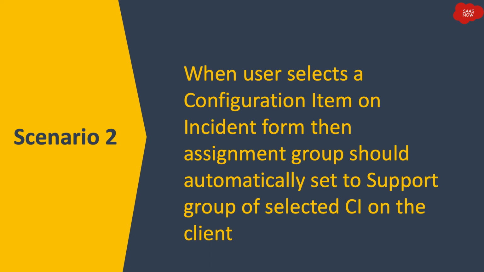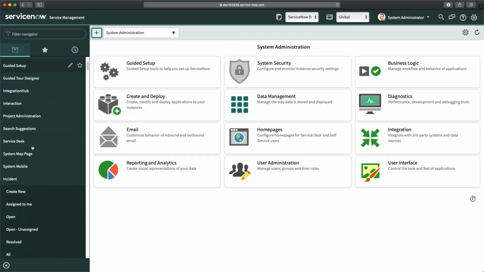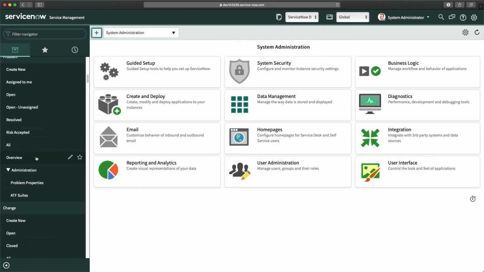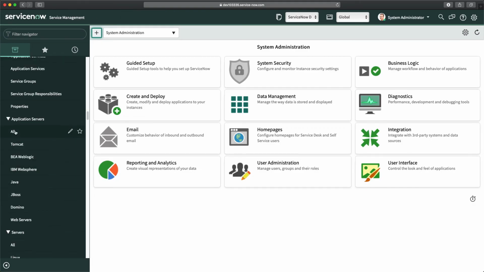Scenario 2. When user selects a configuration item on incident form, then assignment group should automatically set to support group of selected CI on the client. So if I take you to my instance, let's see the configuration items first. So if I open configuration items,